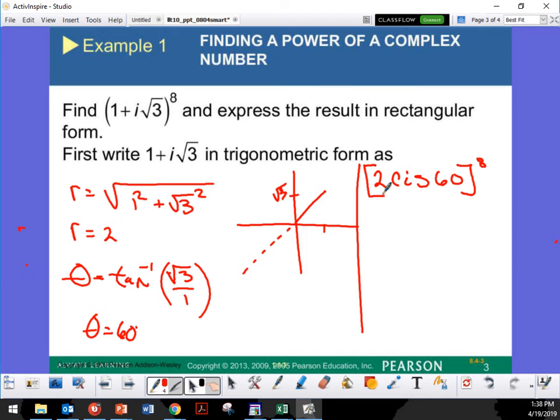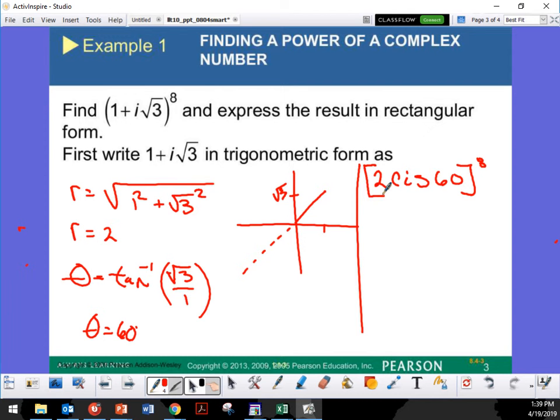Alright, so are we okay with this right now? No, because there's still an 8 on top of that. You're right, okay, but are you okay to this point right here? Yeah. Okay, so now I'm getting to the point where I could do this. Now it's 2 CIS 60 to the 8th power. If I go back to the previous formula, the modulus formula, I'm going to do 2 to the 8th power, which is